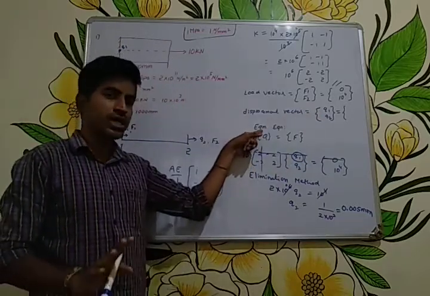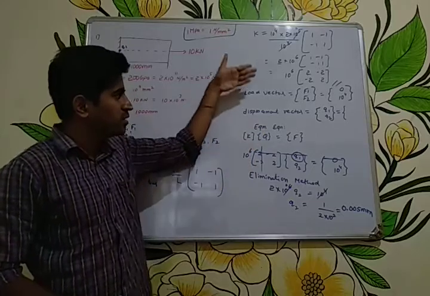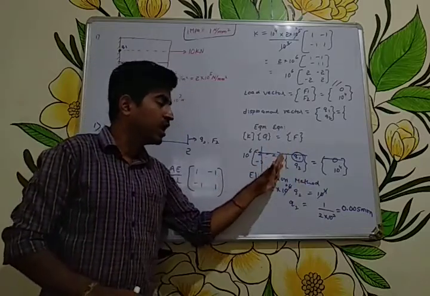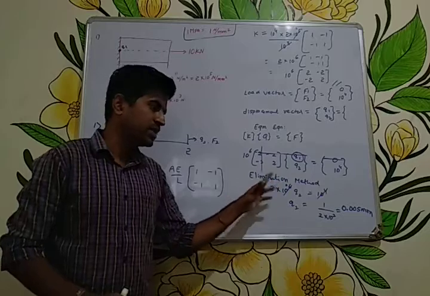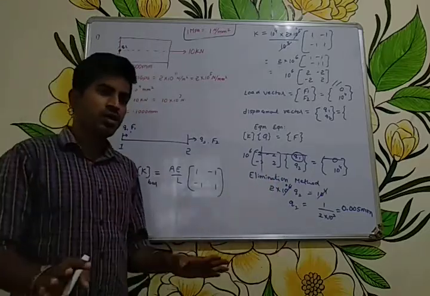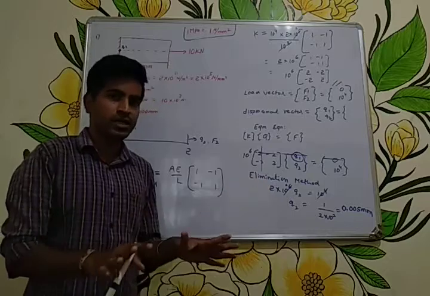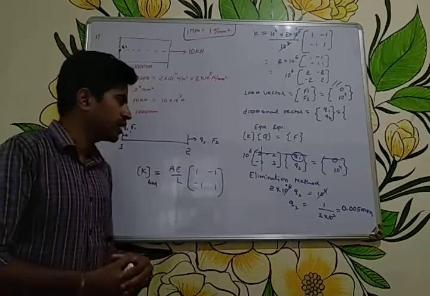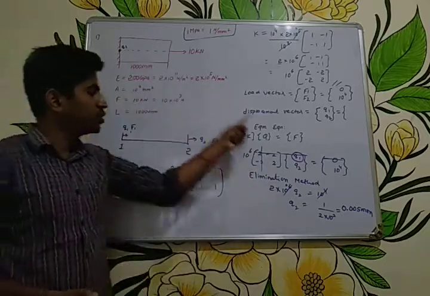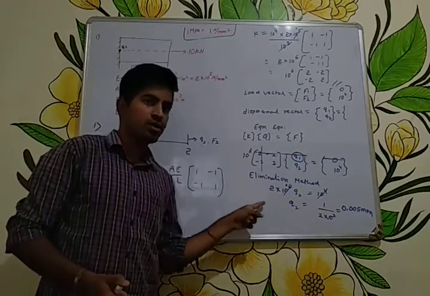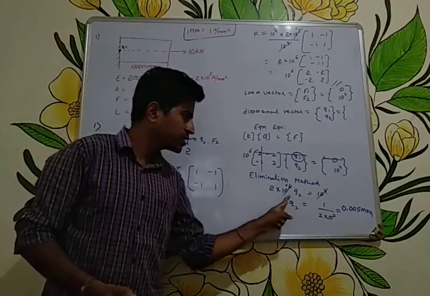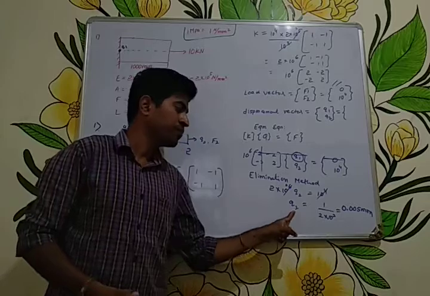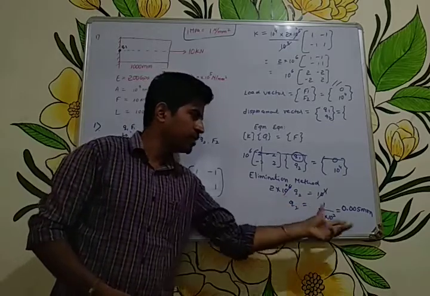Then write down the equilibrium equation after getting the stiffness matrix, load vector and displacement vector. KQ is equal to F. Substitute here, and one more thing you have to remember is the elimination method. Okay, in the problem if it is mentioned go for that particular method. If not, go for the elimination method. That is very easy than the penalty approach. Okay. So where there is a fixed end, you have to eliminate that particular row as well as column. Then you will be left with 2 into 10 to the power 6 Q2 is equal to 10 to the power 4. Then eliminate these values and simplify it. Then Q2 will be 0.00